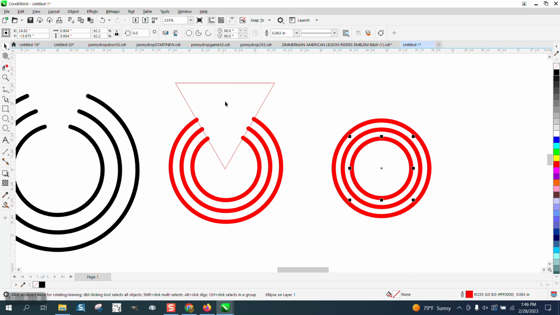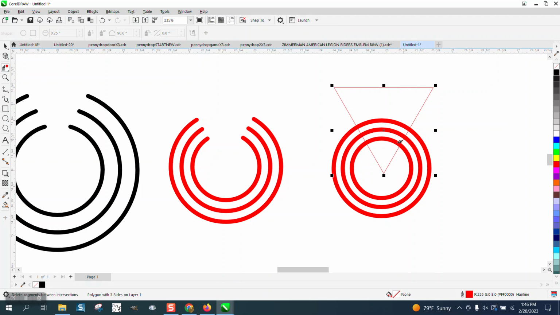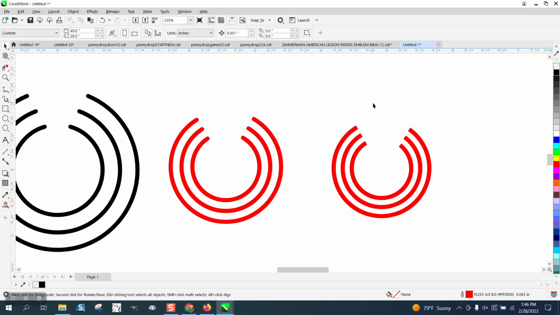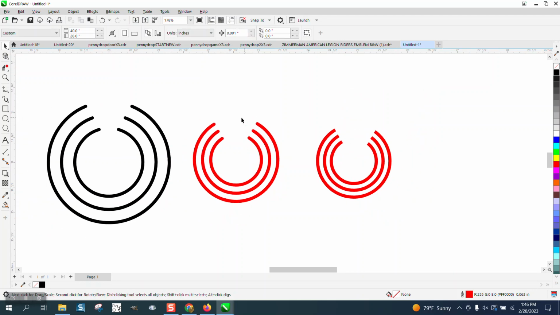We'll go ahead and borrow this triangle again. We'll take and swipe through there with the virtual segment delete key, and we get square end caps. That's default. But if you had to do a lot of these or a particular logo, that would be pretty